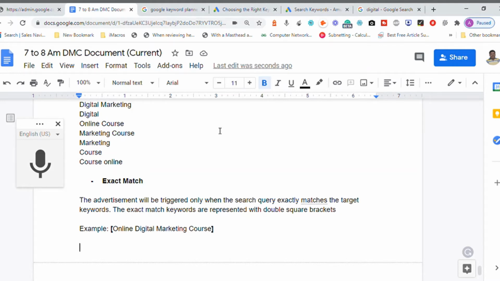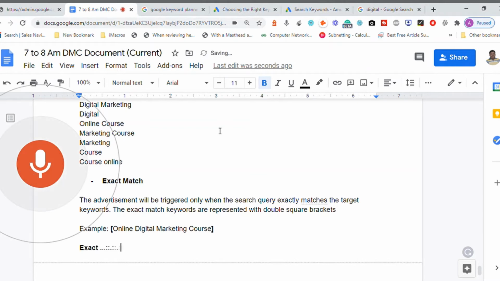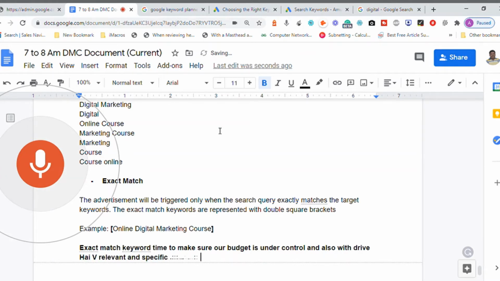When do we use this? We use the exact match keyword type to make sure our budget is under control, and also we drive highly relevant and specific audience to our advertisements.